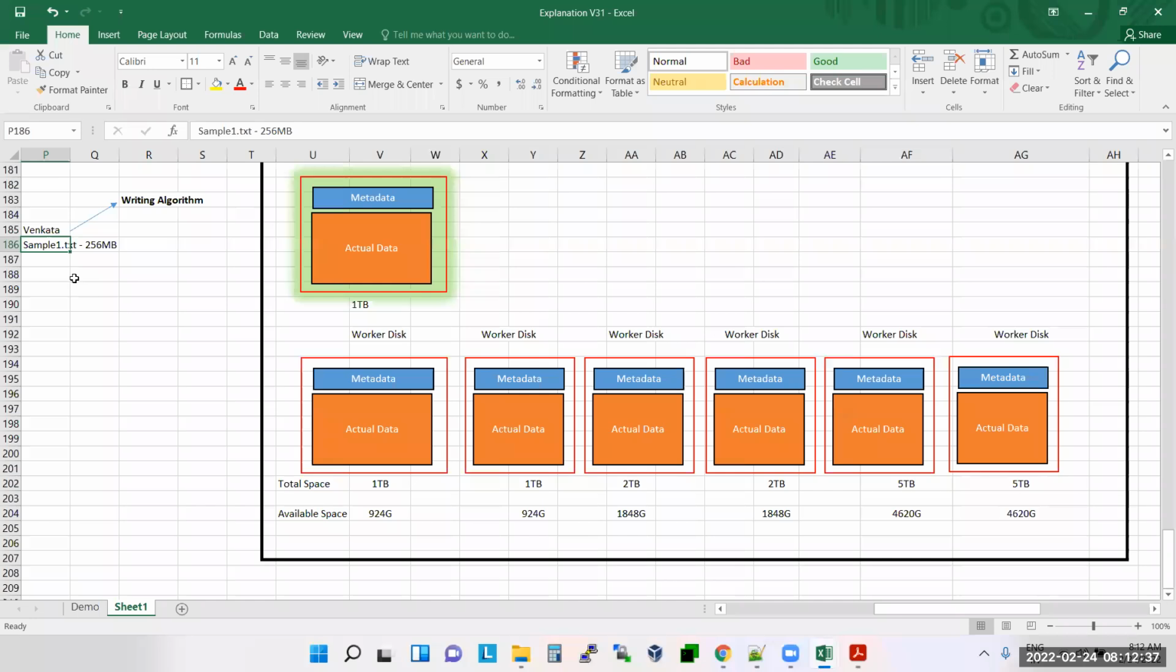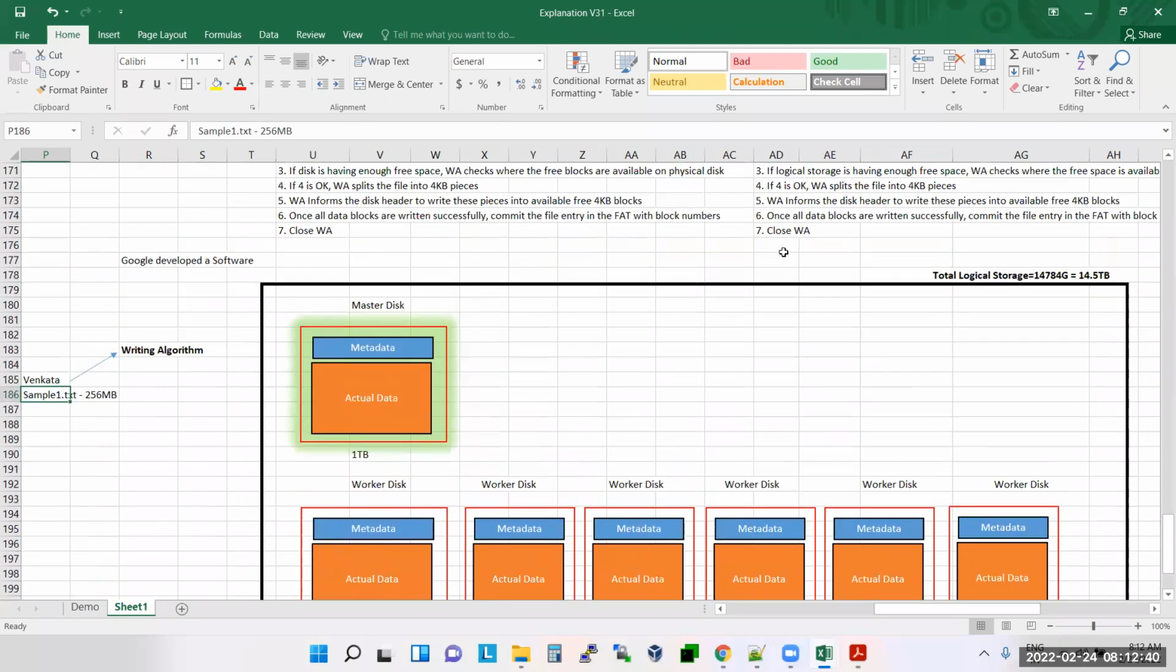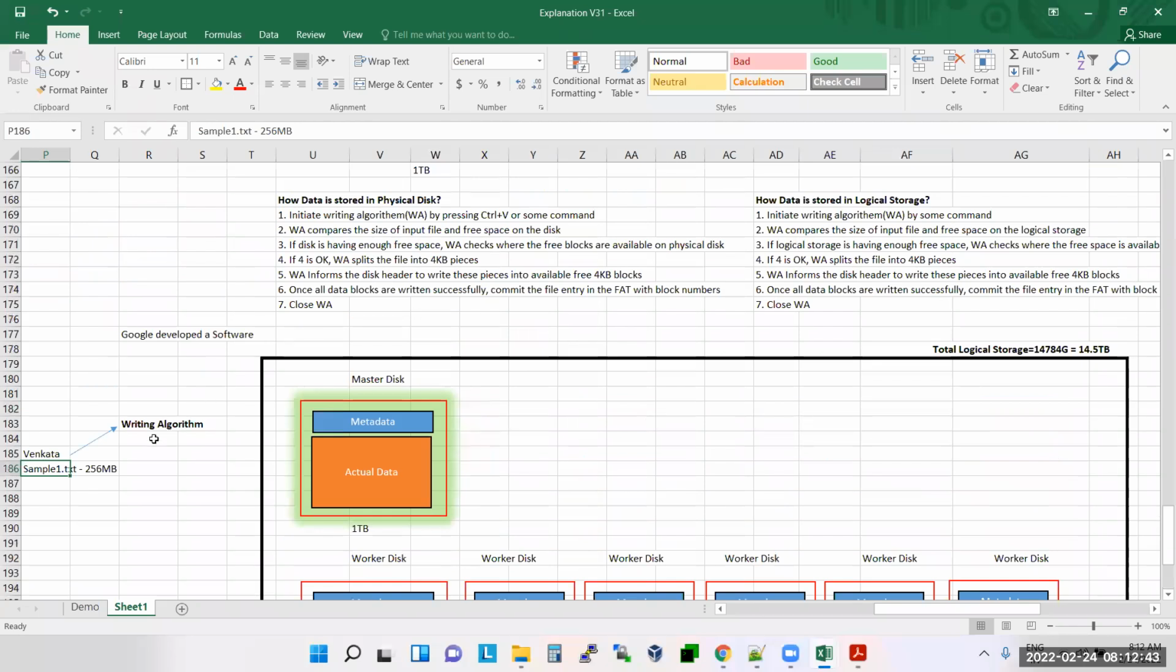But I want to write 256 MB. Now, the writing algorithm compares the size of the input file with the size of the free space available on the logical storage. So 256 MB here, and 14,784 GB or 14.5 TB. Yes, we have enough space. So if the logical storage has enough space, now